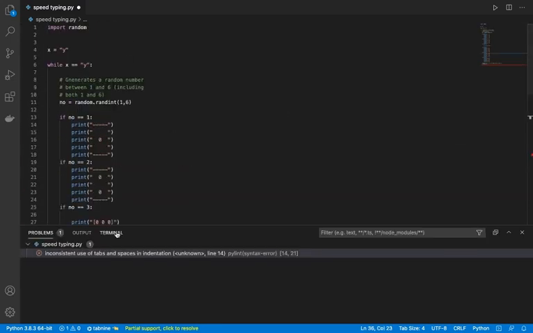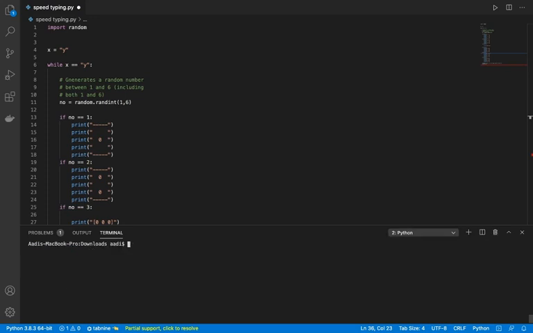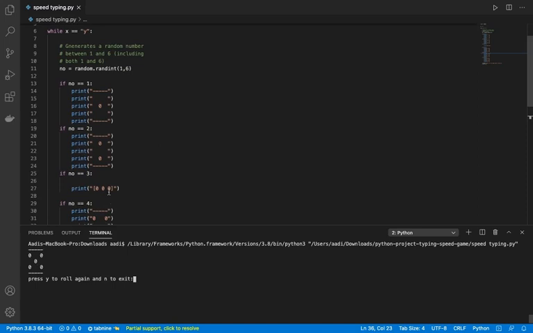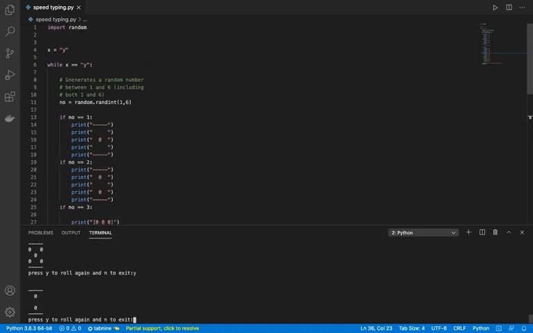After you have done that, you can head on to your terminal. I will just clear the slate and run the code through the terminal. As you can see, it gave me a random number, 4, and it will keep giving me numbers if I press Y. So 2, then 3, then 2, 2, 3, 3, 1, 5, 3, 3, 4. As you can see, it just keeps rolling the dice and giving me the numbers. I'm just going to press N to exit the code, and as you can see, I'm now in my root directory, and it just broke the code.